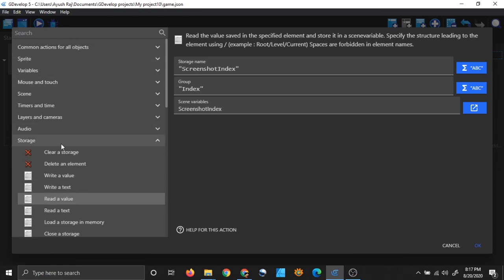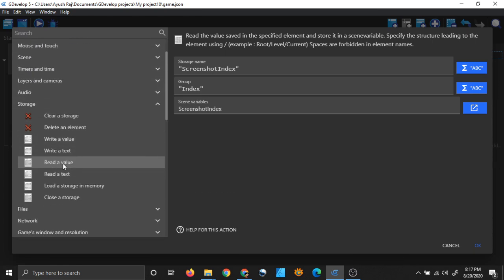In storage you can click here, read a value, and you will find this screen. What does this screen have? It has a storage name. This storage name is the same storage name which you just loaded, right? So this name should be the same name of the same storage which you just loaded. And this is a group. I have called it index. You can call it anything, but remember what we have called it because it is important.